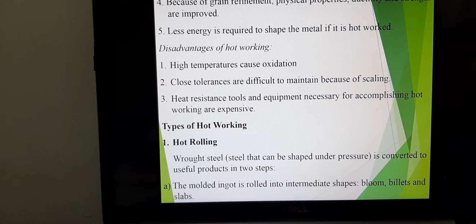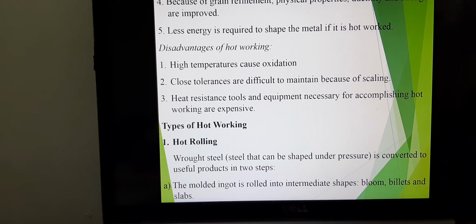The moment the object is shaped, you need to eject it immediately. Why? Because we allow the metal to cool in a die casting machine. It may expand and the expansion may damage the walls of the mold, correct? So here same thing, okay? In hot working, we find it very difficult to maintain the dimension accurately because there's a tendency for it to either shrink or expand when it cools down back to room temperature. So that's point number 2.